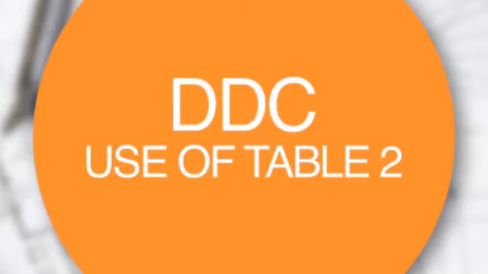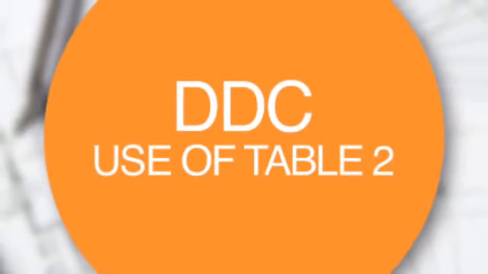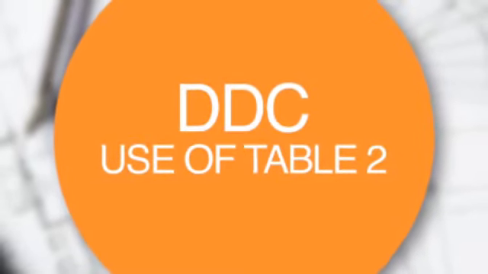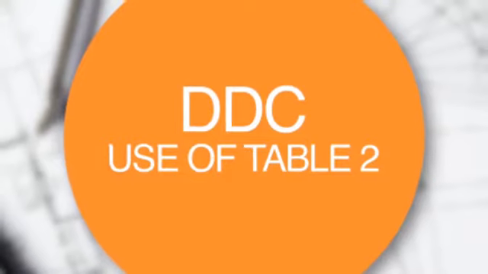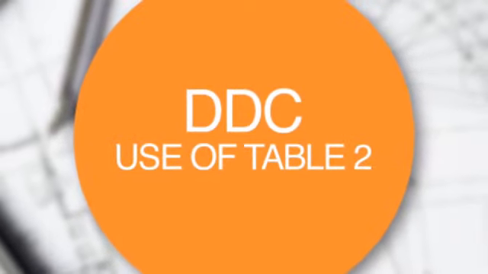So Table 2 has notation starting from 1 to 9. Before you make use of Table 2, try to flip through the different divisions in Table 2. You get an idea how Table 2 has been arranged. It is very systematically arranged. Like the notation 4 has been given to Europe. Notation 5 has been given to Asia, and within Asia you will find the number for India.